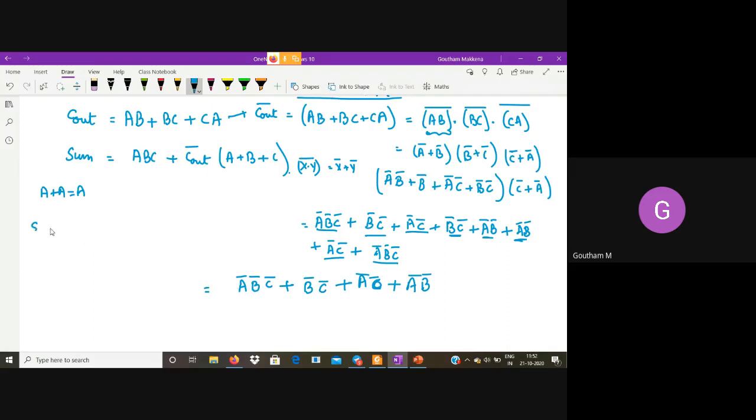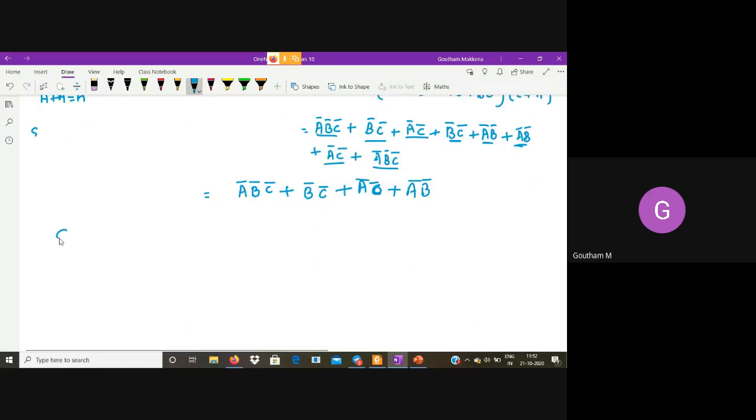So what is sum? Sum is equal to ABC plus what is Cout bar: A bar B bar C bar plus B bar C bar plus A bar C bar plus A bar B bar, into A plus B plus C.